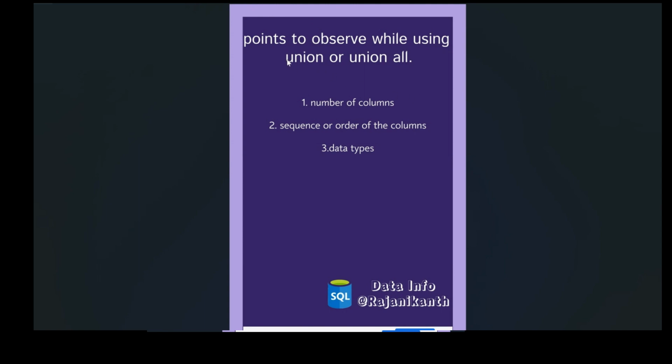Next one is points to observe while using union or union all. Whenever you are using union or union all, we have to take care of a few things. The first one is the number of columns. The second point is the sequence or order of the columns. And the third point is data types. What it means is,